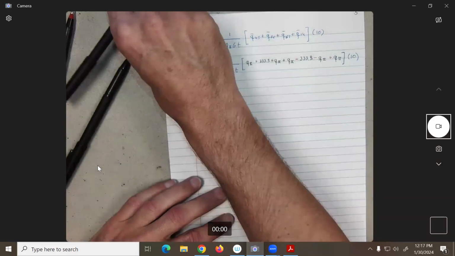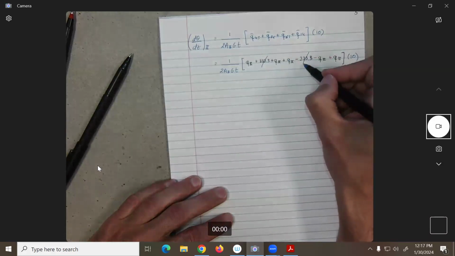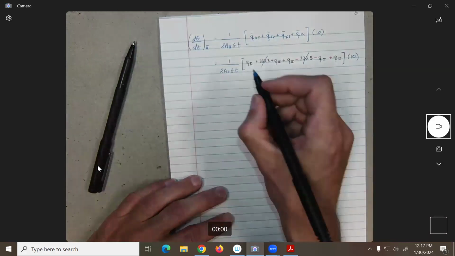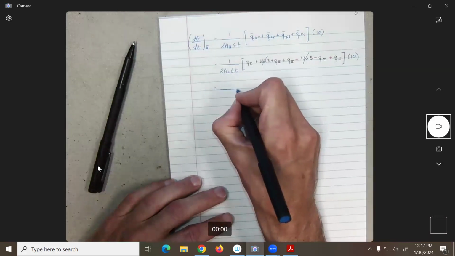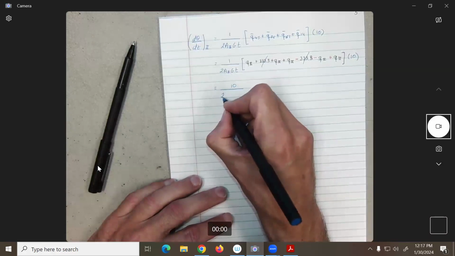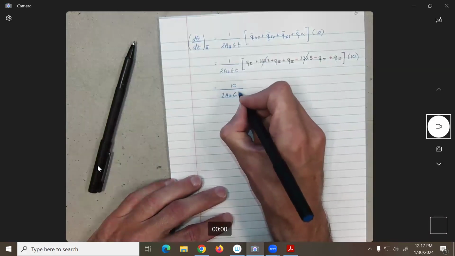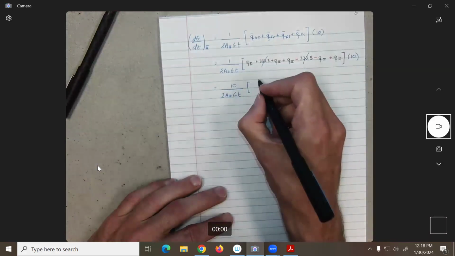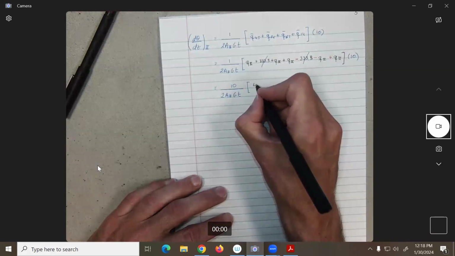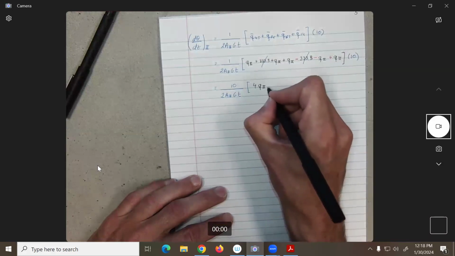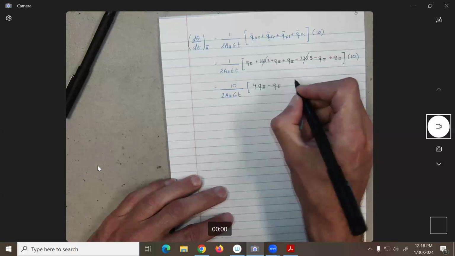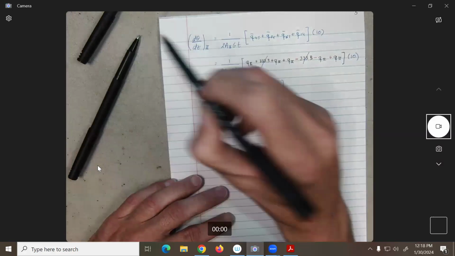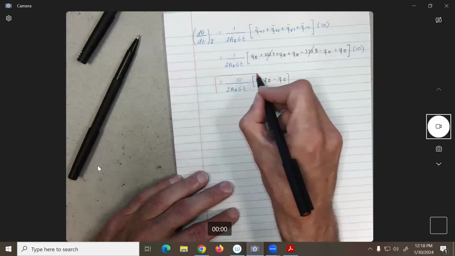So once again, you see that now this one is going to cancel this one. So we end up with the equation of 10 over 2 A2 GT factor of 4Q2 minus Q1. Let's say this will be our equation